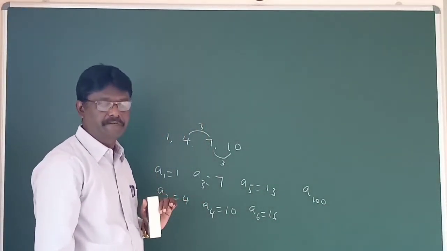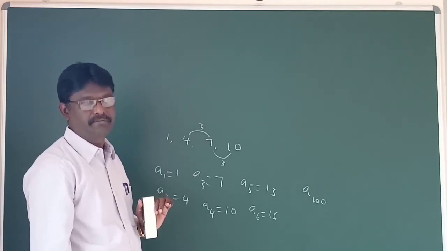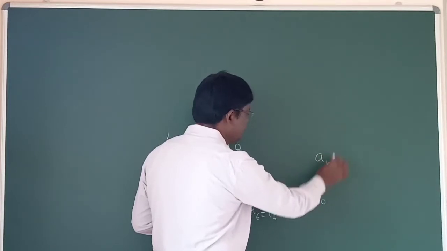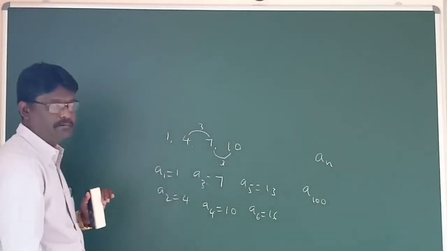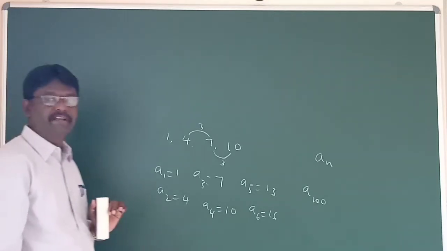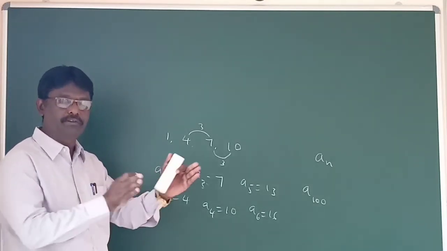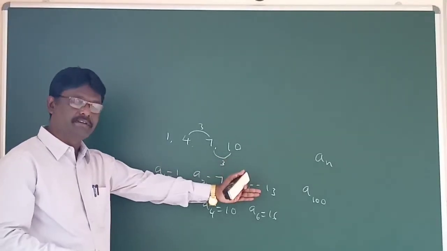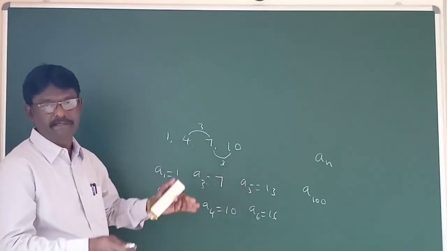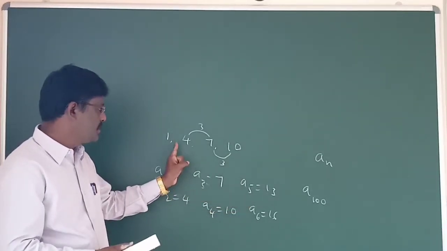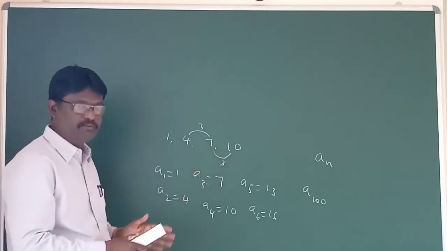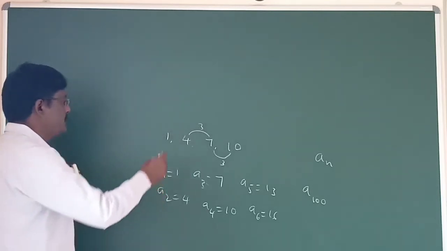So, in such cases, we have a formula for the nth term in general. Hence, children, now we shall try to derive the formula for the nth term of an AP. Once we know that formula, not only the 100th, even the 1000th term or 500th term, any term can be obtained. We need not go on adding to the previous; that is not the way. Now we shall try to derive the formula for the nth term.